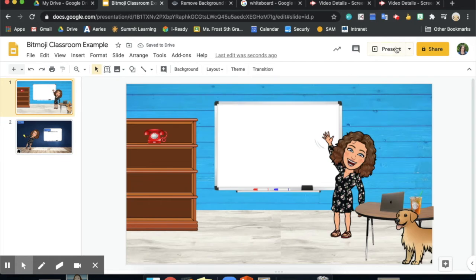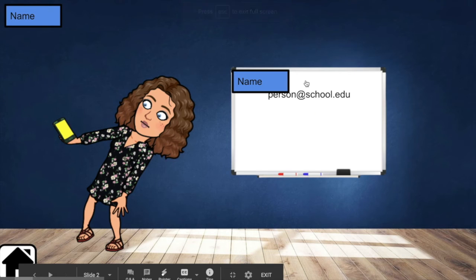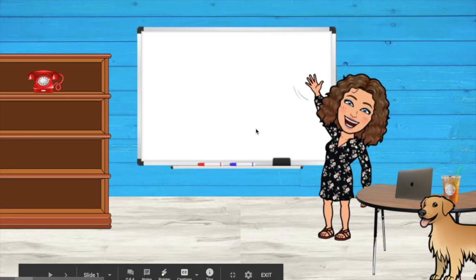Now, if I present, I can click the home page, and then I've got all this stuff on here, and if I click the little home button, it takes me back to here. Now,